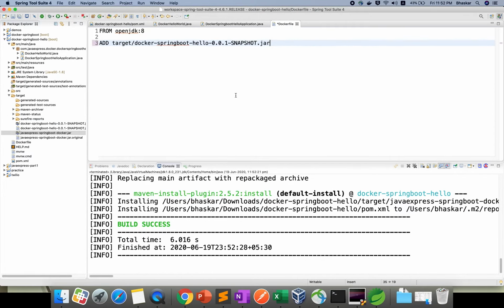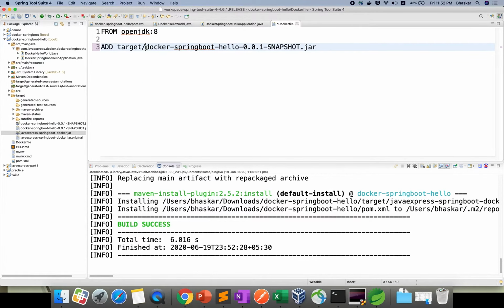Go to the Dockerfile. This is what you need to add inside your container. I'm using the same name; right now I'm not changing anything, this is just copying. After that, which step do I need to do? Now you have OpenJDK, now you have a target. Now it will be running on which port number? 8080. That port number I need to enable. How to enable? Docker instruction EXPOSE 8080.